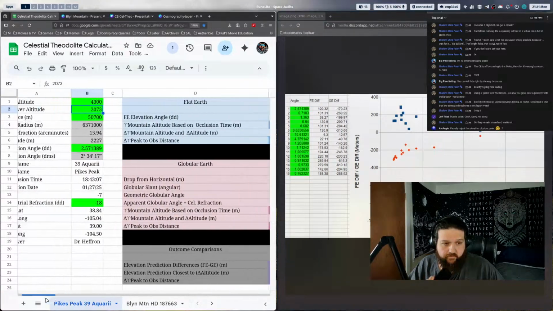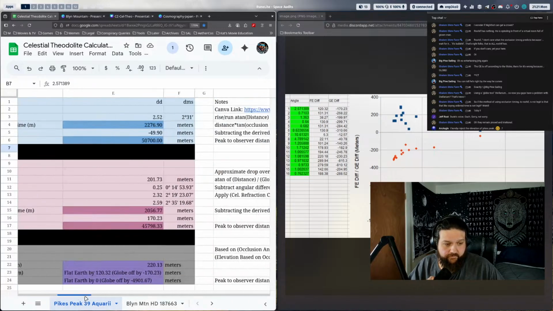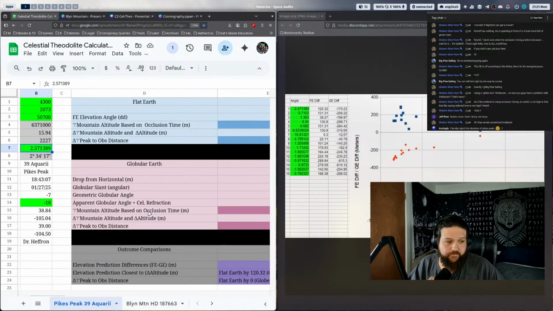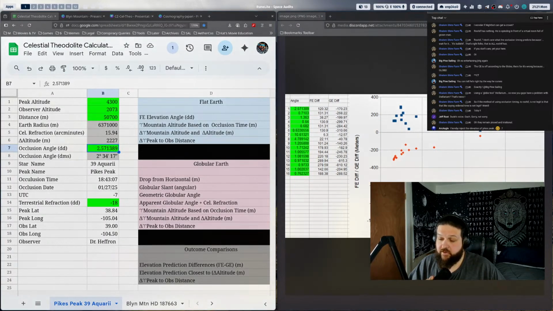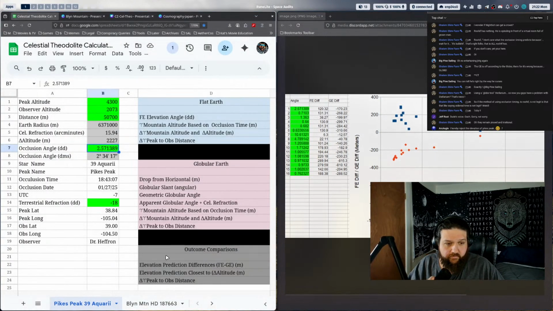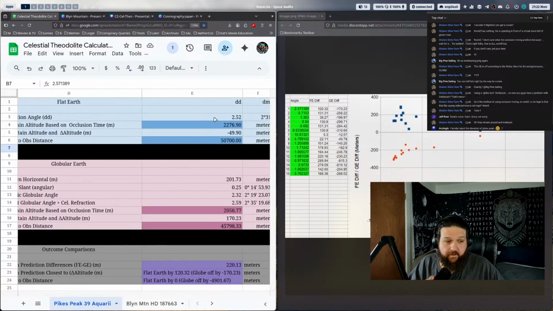No, B7 is the occlusion angle in decimal degrees. Yeah, sorry, I meant occlusion angle. Yes. Okay, and that's actually a trig value you worked out, although the math isn't in the sheet. No trig value. It's just the angle that the star was occluded at. Oh, okay, so that's the Stellarium angle. Yeah, the Stellarium dependent angle.